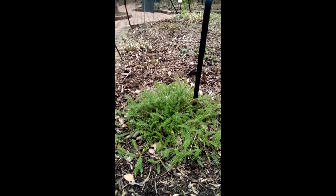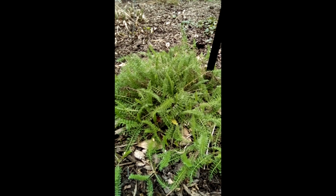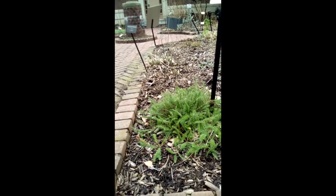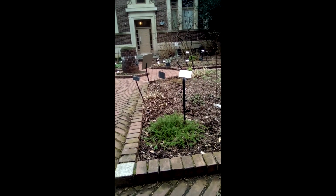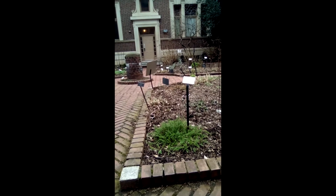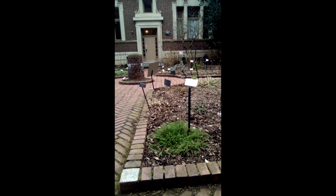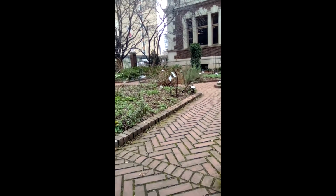Millefolium because it has 1,000 little leaves on its leaves, and Achillea because Achilles is said to have used it to pack his warriors' bleeding wounds. It is a styptic, it stops bleeding, and has a number of other excellent qualities about it, which I learned as an herbalist. I'm here though as an anthropologist doing research on how this garden came to be and what are the